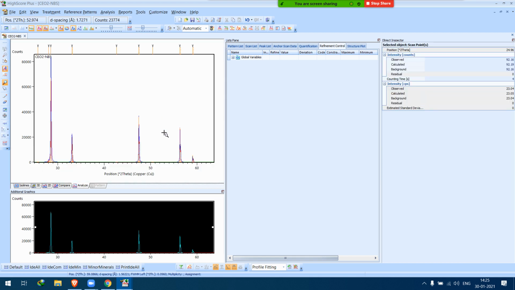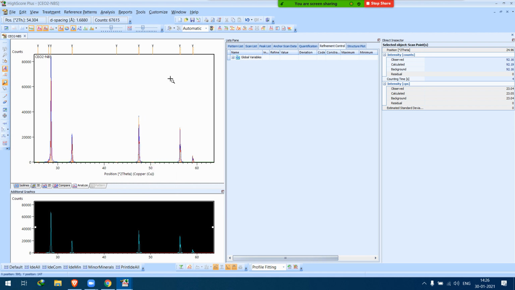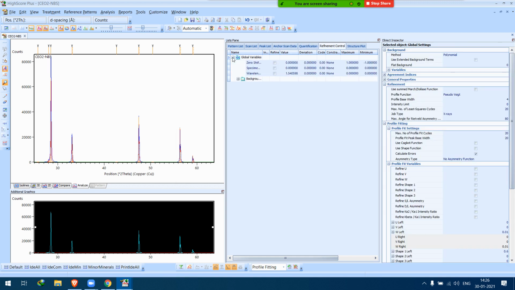Once the peaks are selected, we can do the search match, or yeah, this is actually not required. Now we can go for refinement and again choose